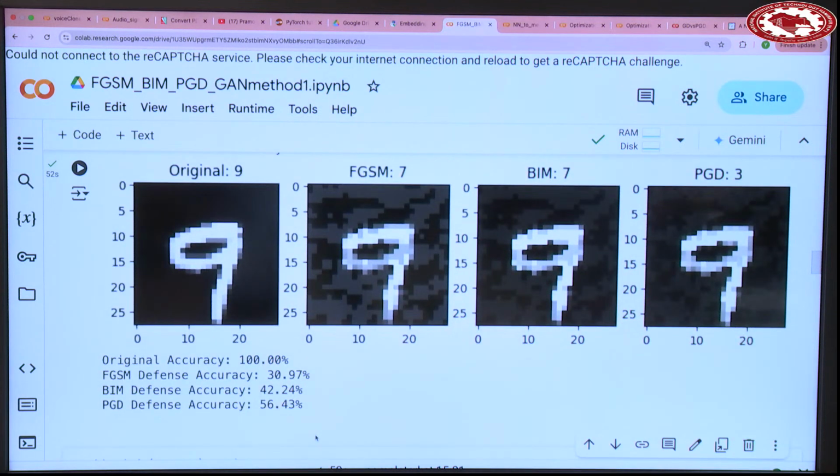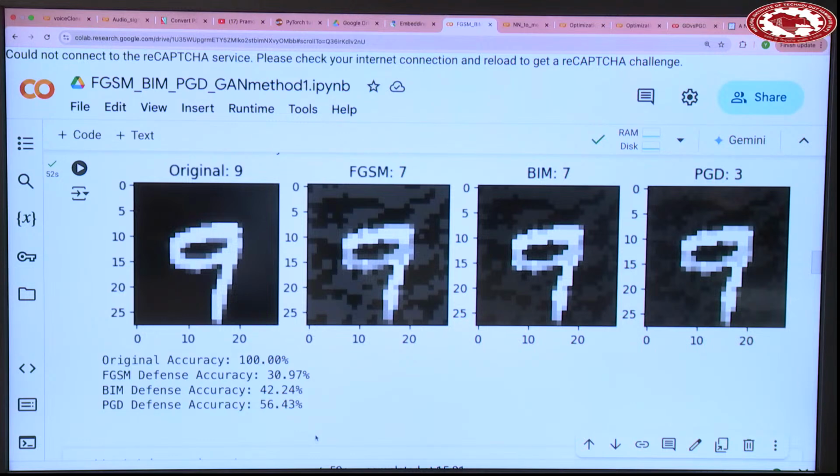So, can you see here the attack accuracy now? Earlier, what was the attack accuracy? Around 64% for FGSM, and 97% for BIM and PGD, right. Now we have trained the model robustly, so we included some adversarial samples during the training process. Can you see the defense accuracy against the FGSM attack? Against FGSM, the attack accuracy is now 30%. Earlier it was 64, but now it is reduced to 30%, around 34% reduction in the attack possibility,